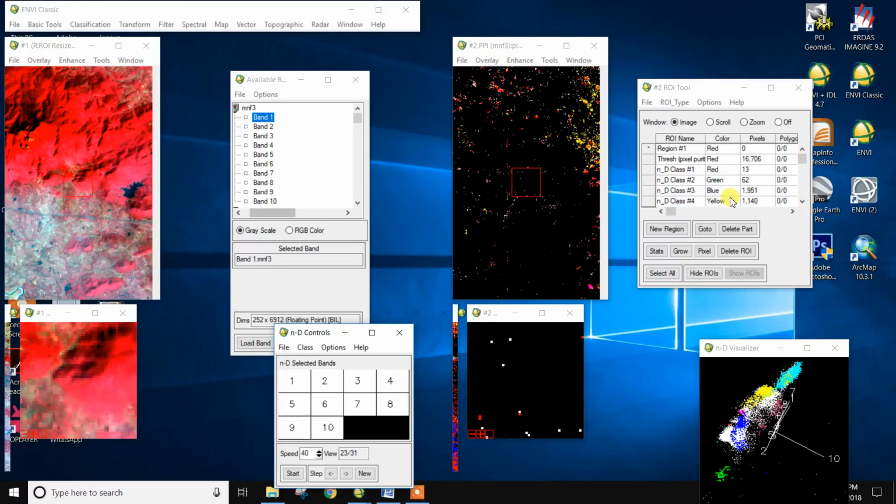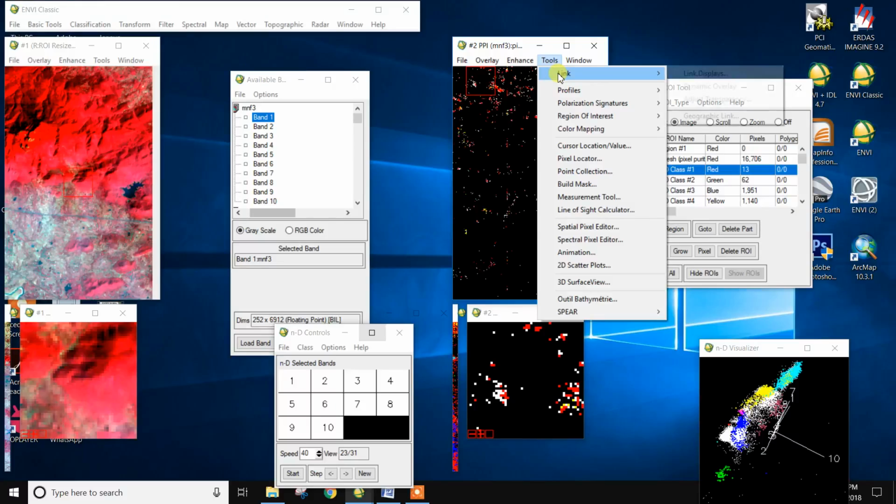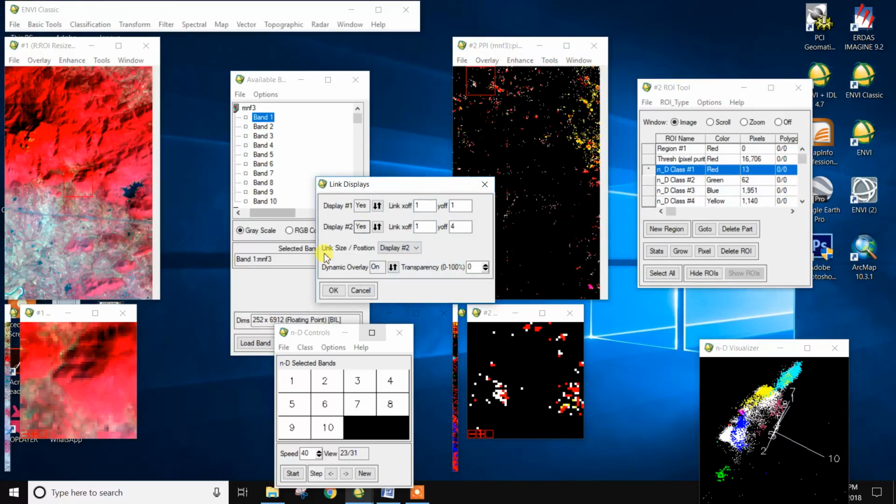So go to this pixel. Red is the pure pixel of this particular image. Using tools, link display.